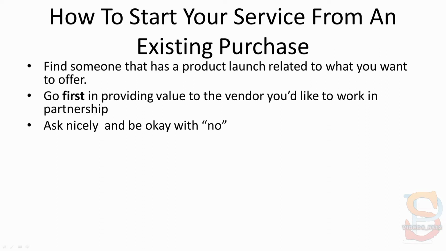So when you go to a marketer, someone who's got a product launch coming together or a series of product launches, you want to be able to offer them that service. If you need to, show them what it is that you can do. And then you keep asking until you get a yes. That means if you have to ask the vendor on their next product launch, you go back and you ask them again. Or if you need to continue to ask other vendors, other people who have product launches, you keep asking until you get a yes.